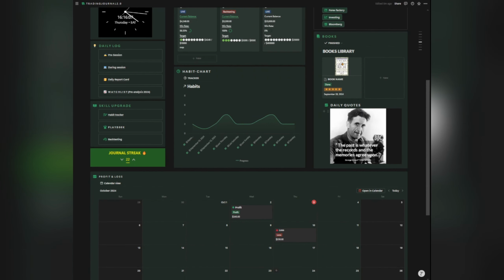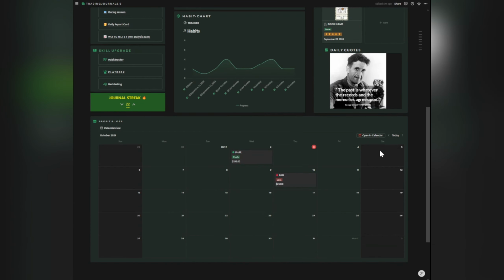The daily quotes, I think, put a nice touch into it. Every day the daily quotes will always be updating. And now down here we have the profit and loss calendar view. For the profit and loss calendar view, you can always look at your performance. It gives you an outlook of how you're performing based on profits and losses, and you can see better how you're performing. If you have more losses or more profits, you can see what is going wrong from